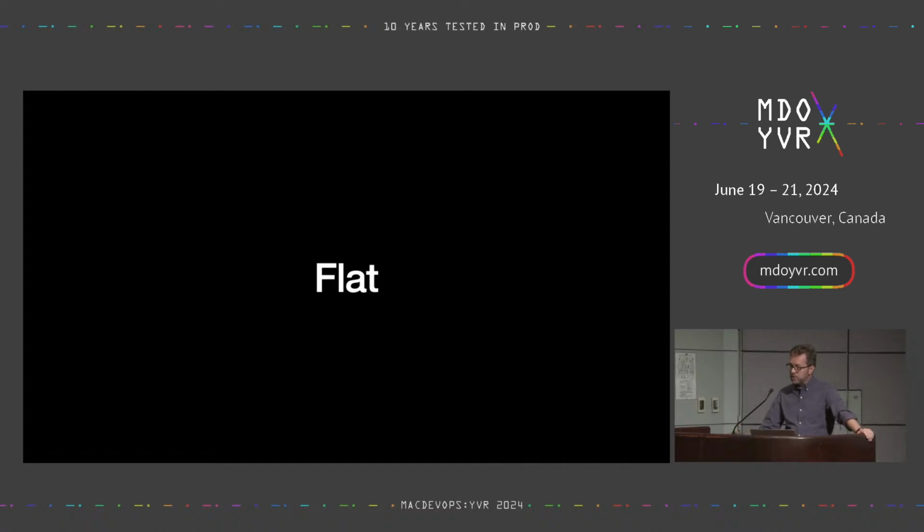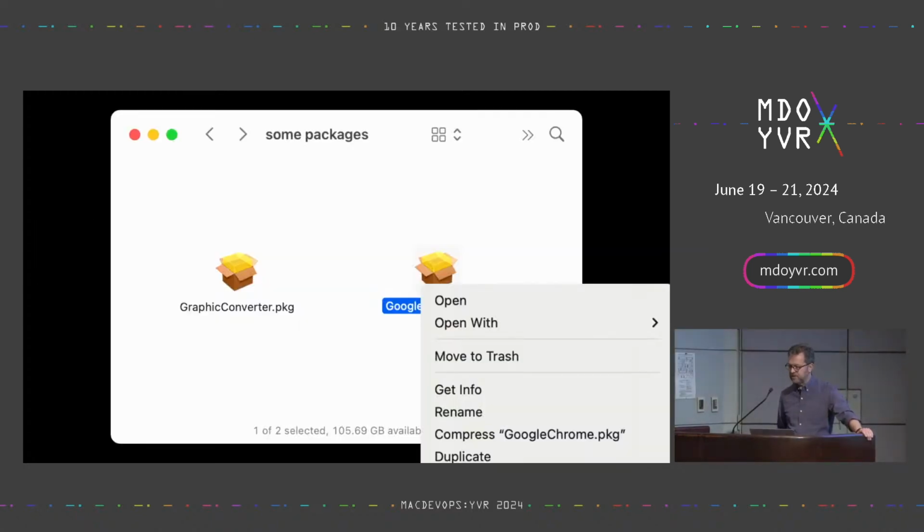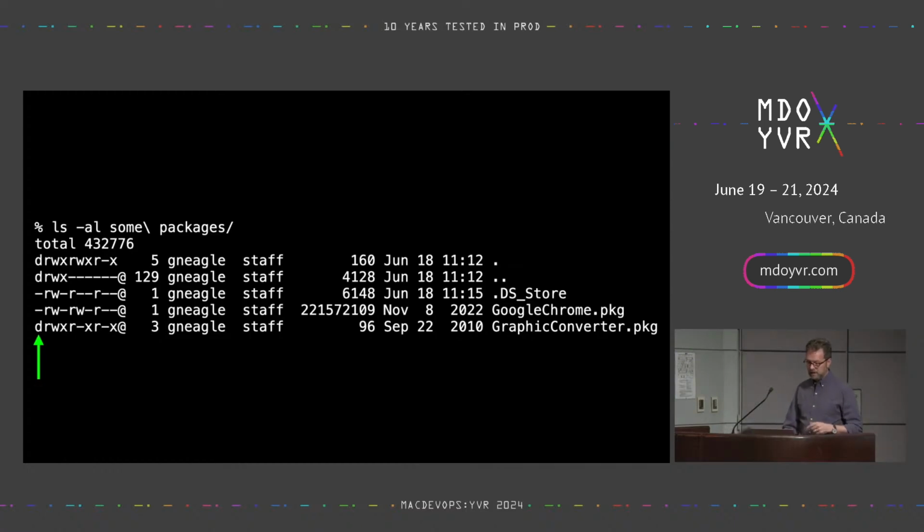The flat package format was introduced in macOS 10.5, and instead of a directory of files, a flat package is just a single file. If we control click on a flat package, we will see that there is no Show Package Contents option because this is just a single file. We can also see that difference at the command line. Up here, D stands for directory, and it tells us that the package is a directory,